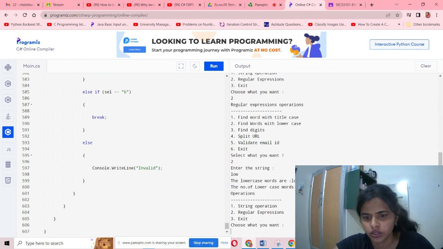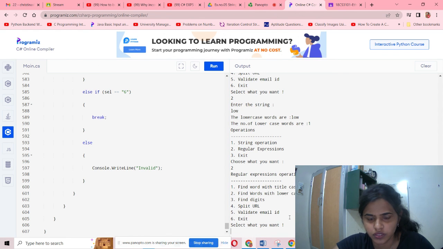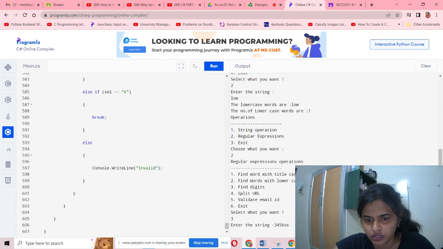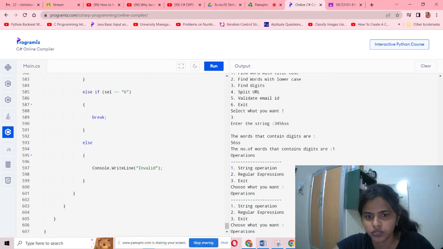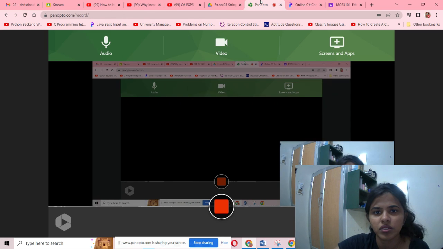The lower case words are found starting from 1. Next is regular expression digits. Digits will be found. So this is how the